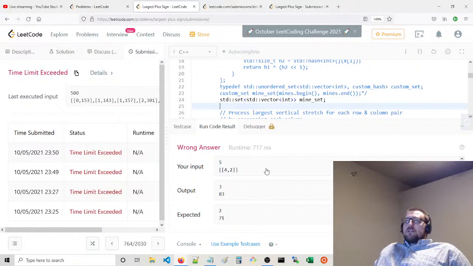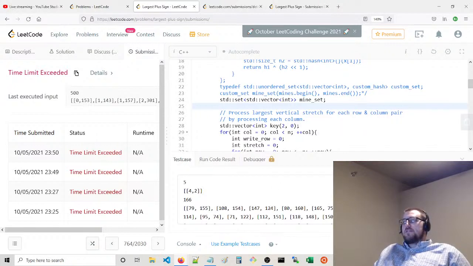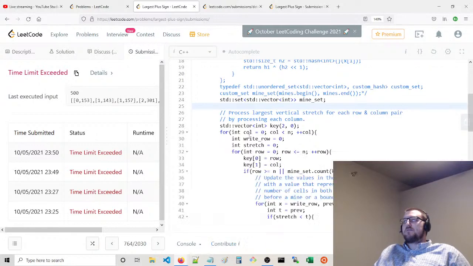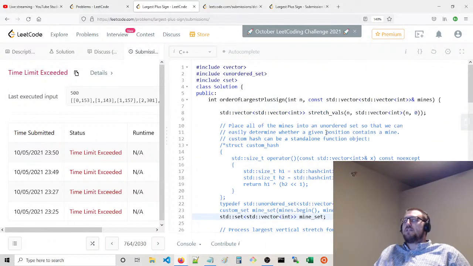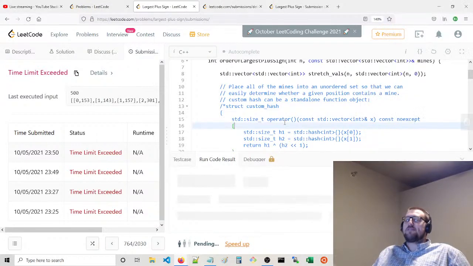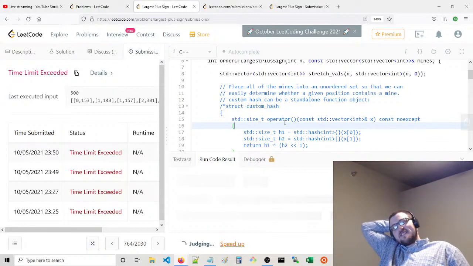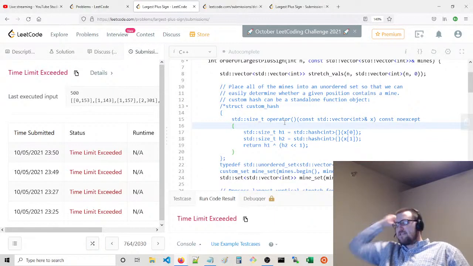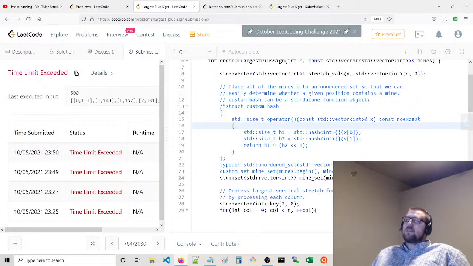Oh, it doesn't TLE, it gives us the wrong answer, but doesn't TLE, so that's really interesting. Why would that be? What? Now it's the wrong answer? Oh, I see. Duh. That's why it's so much faster. That makes sense. Okay, this should TLE. Yeah. Now, if I use tuples instead of